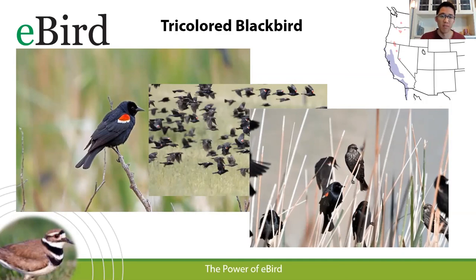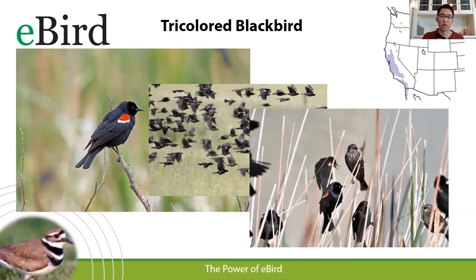So this is where eBirders came in, and it's hard for professional scientists to track this. These large groups, there are only like 3 large groups of the tricolored blackbird, and to track where they are, they don't have the time and resources to do that. And so this is where eBirders came in, and they were able to just go out every day and track where the tricolored blackbirds were, and informed the government, the Audubon Society, and a couple organizations that were involved with